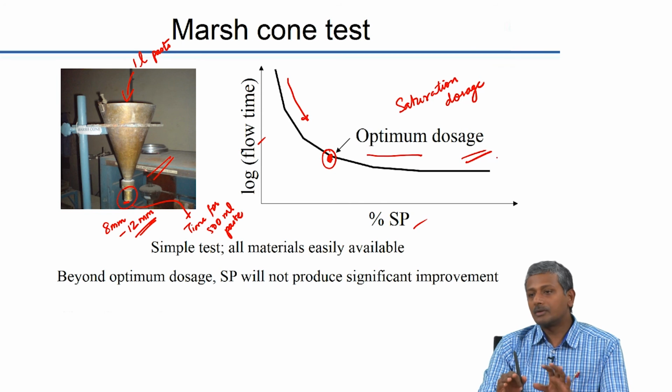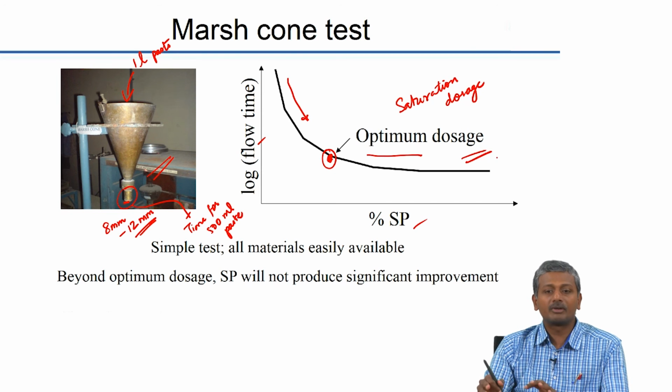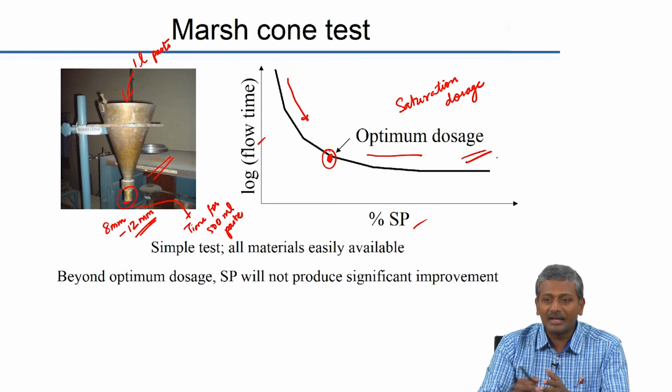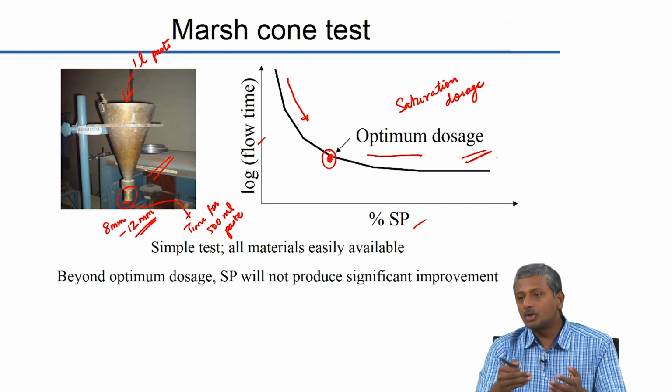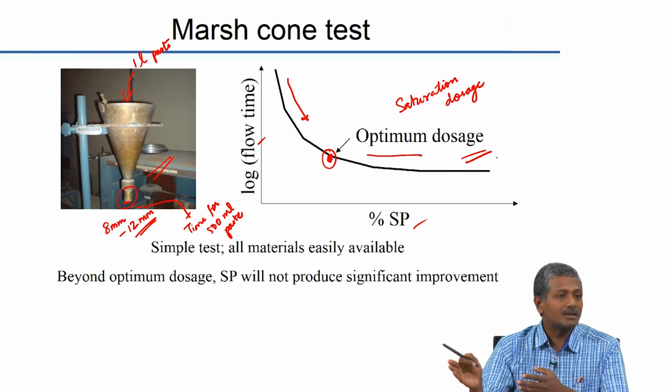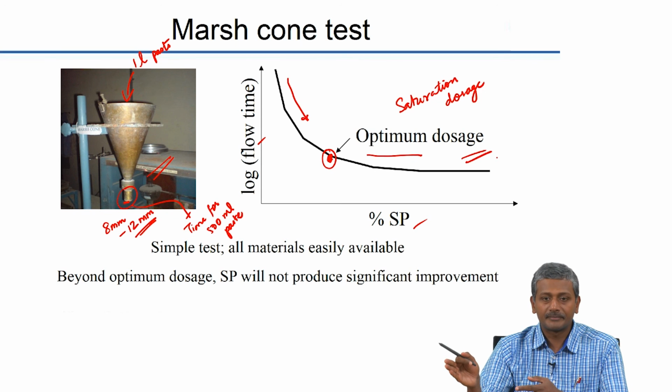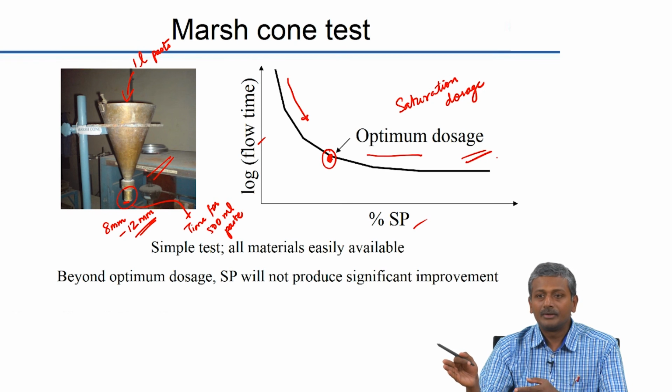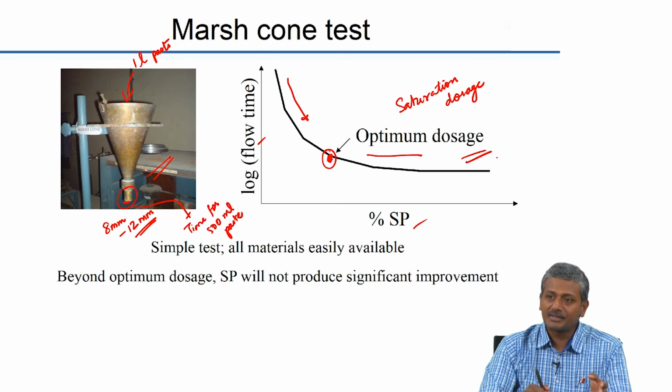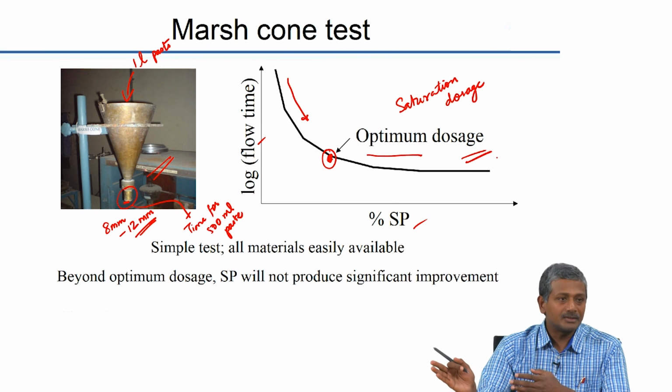Now, I am not saying that at optimum dosage in concrete you may not get any workability at all. You may get some level of workability, but you may want to plan how much additional SP you need to add to concrete to give you the correct level of workability. So, the optimum dosage in paste may or may not translate into